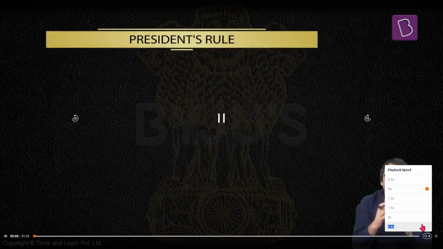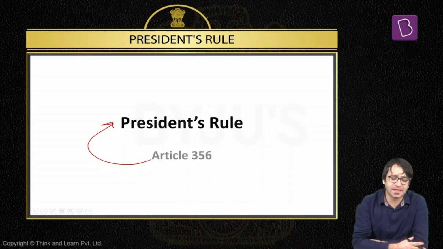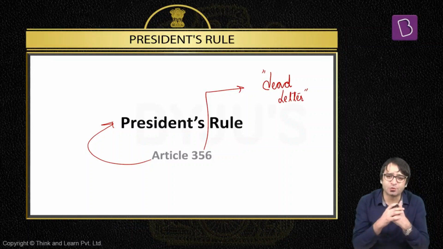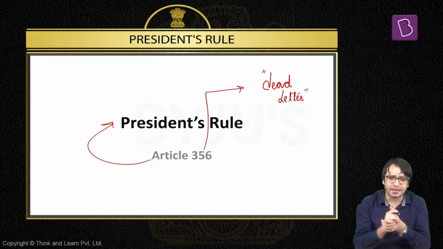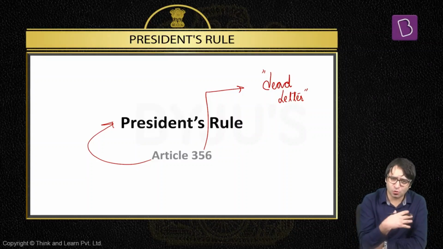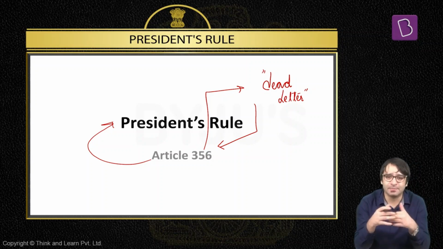Now let's look at Article 356 of the Constitution that deals with President's rule. When Article 356 was being debated in the Constituent Assembly, Dr. B.R. Ambedkar said this article would remain a dead letter in our Constitution. That means although Article 356 is required, that is why we are incorporating it in our Constitution, but we won't be using it. So it is as if it will remain like a dead letter. But the provision of our Constitution which has been used, overused, misused, and abused is Article 356, which is President's rule. It has been imposed more than 110 times in different states in India.